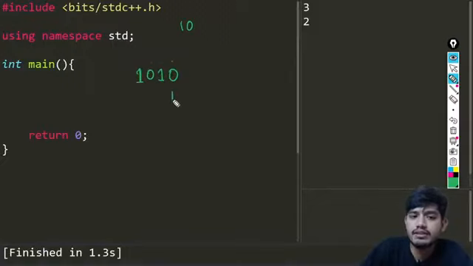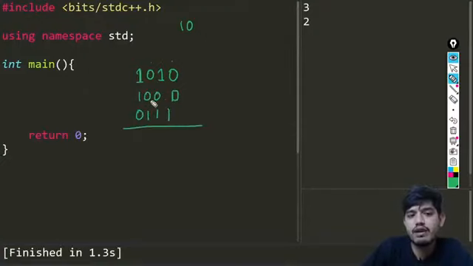So if we do something like this, 1 left shift up to k minus 1, I'll be having something like this. If I take the complement for this, I'll be getting something like this. And if I take XOR, what will be the value I'll be getting? This value is different, so you'll be getting 1.